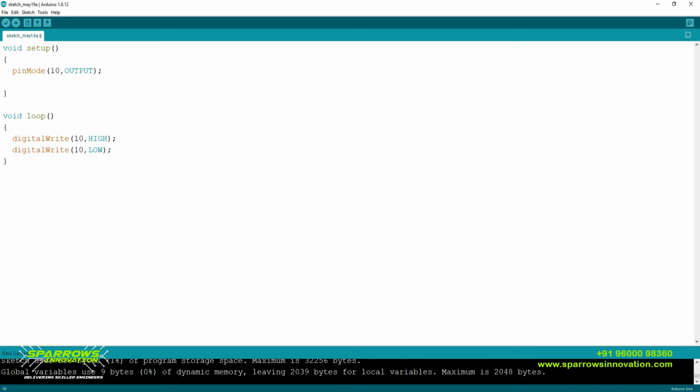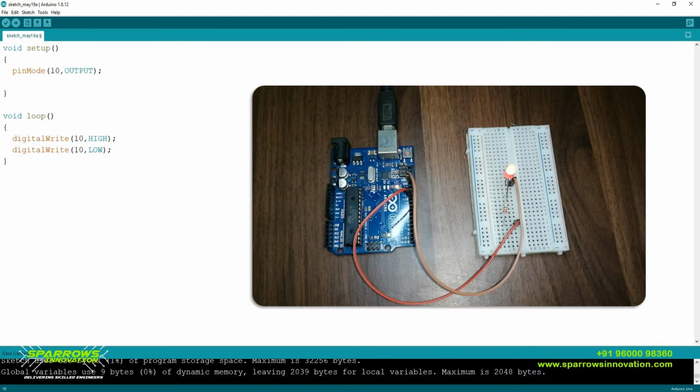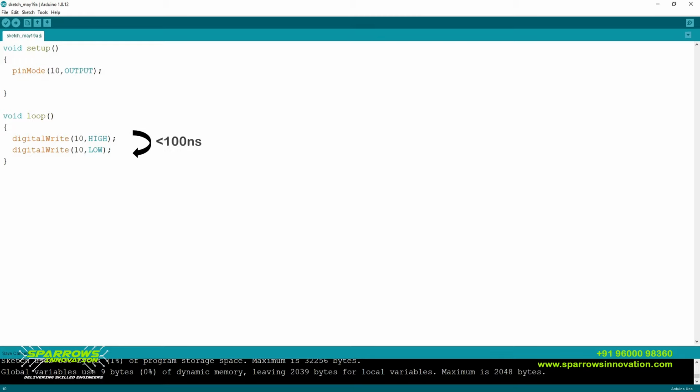But when you upload this program, you can see the LED will be high only, because this is based on the microcontroller's timing control procedure. For executing from the first line to the second line, my microcontroller will take less than 100 nanoseconds. That is, the microcontroller present inside the Arduino will take less than 100 nanoseconds.